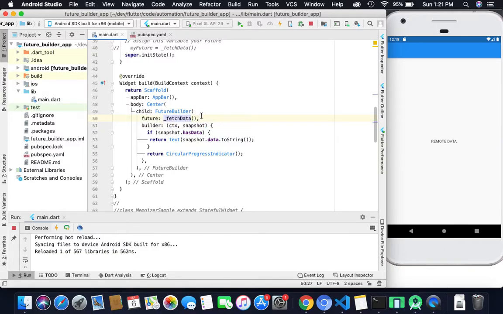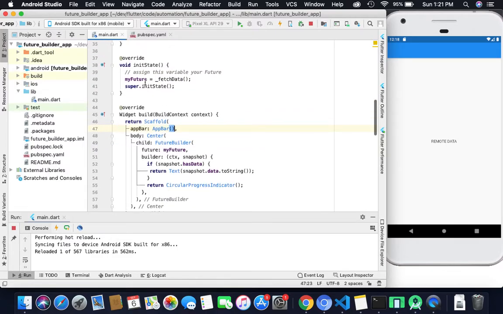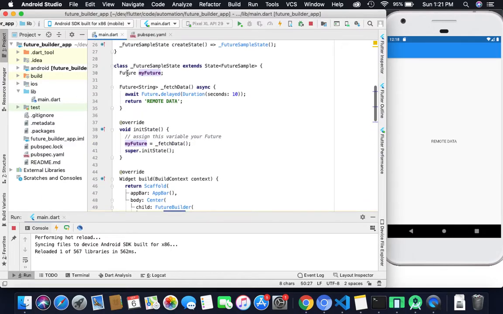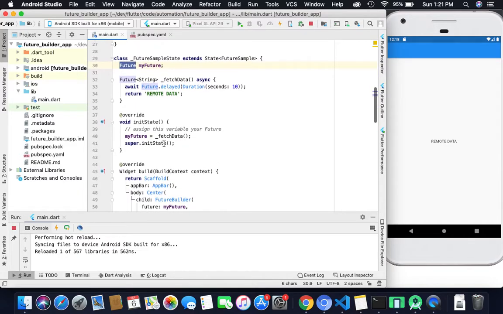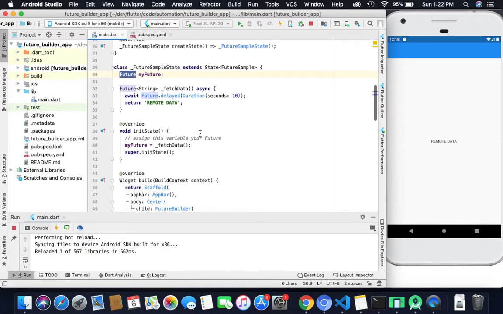That is a drawback of FutureBuilder if you directly use the future method here. So how can we avoid that? For that we have the initState method, and inside initState we can call that method and assign it to my future object. What is the benefit? The initState is called only once inside your stateful widget, so it will not be called again and again like the build method.